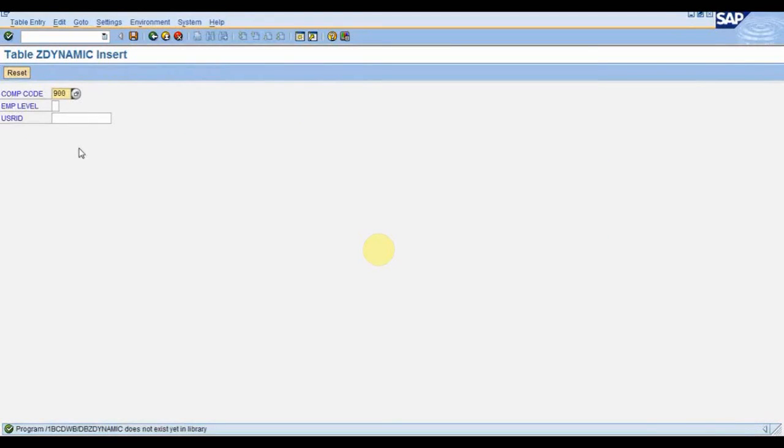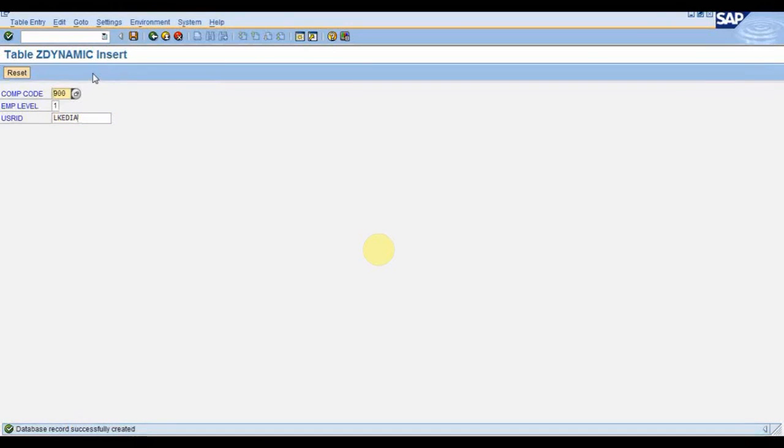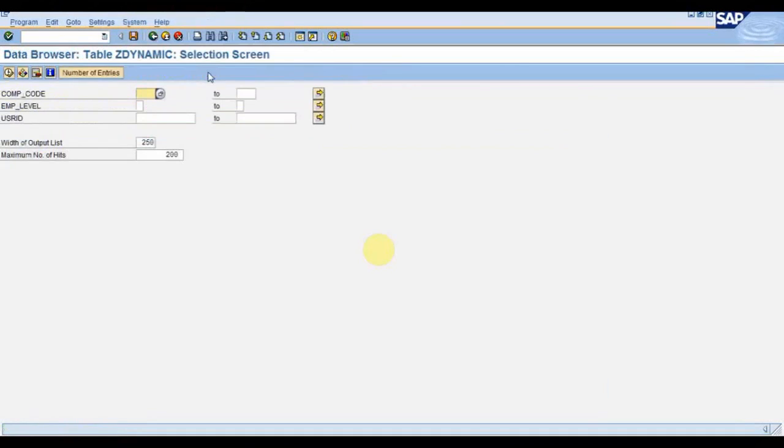Suppose for 9000 the employee level is 1 and the user ID is LKDIA. Save it. Okay, it has got wrongly saved. Fine.